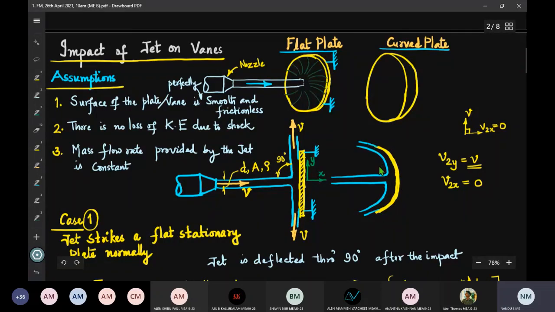When you schematically represent on paper, these 2D sketches are sufficient. Two-dimensional diagrams are sufficient for you. And here this circular plate, if you consider the edge view, it is here. This is the edge view of it, which is essentially a rectangle, a thin disc. So we will show it like this. The vertical disc is represented here, and the jet coming out of the nozzle is striking it. Now we will deal with it more: the technical aspects and the principle to find the force exerted by the jet on the vane, etc.